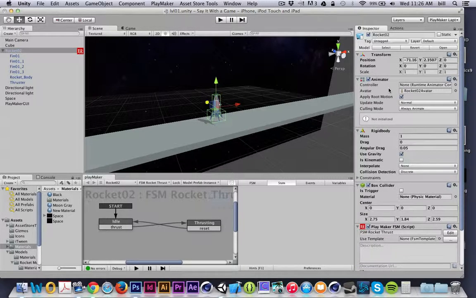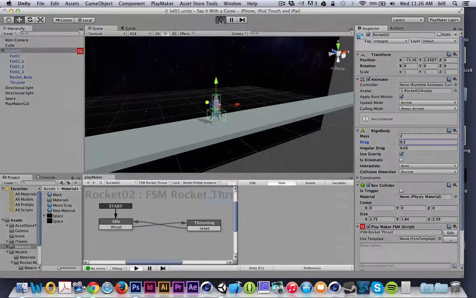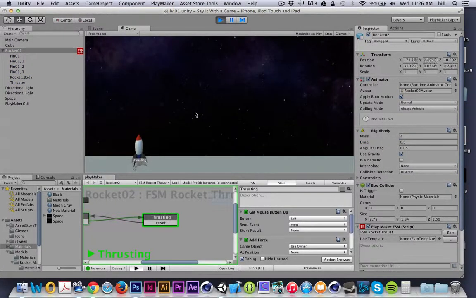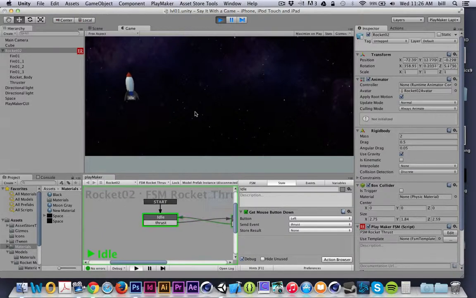I could play with, in the rigid body of the rocket, we could play with mass and drag. If I increase the mass, it'll be a little bit less responsive to the thrust. If I increase the drag, that will cause it to slow down much quicker. I don't have to do both of these, but you can see it's much harder to kind of push that